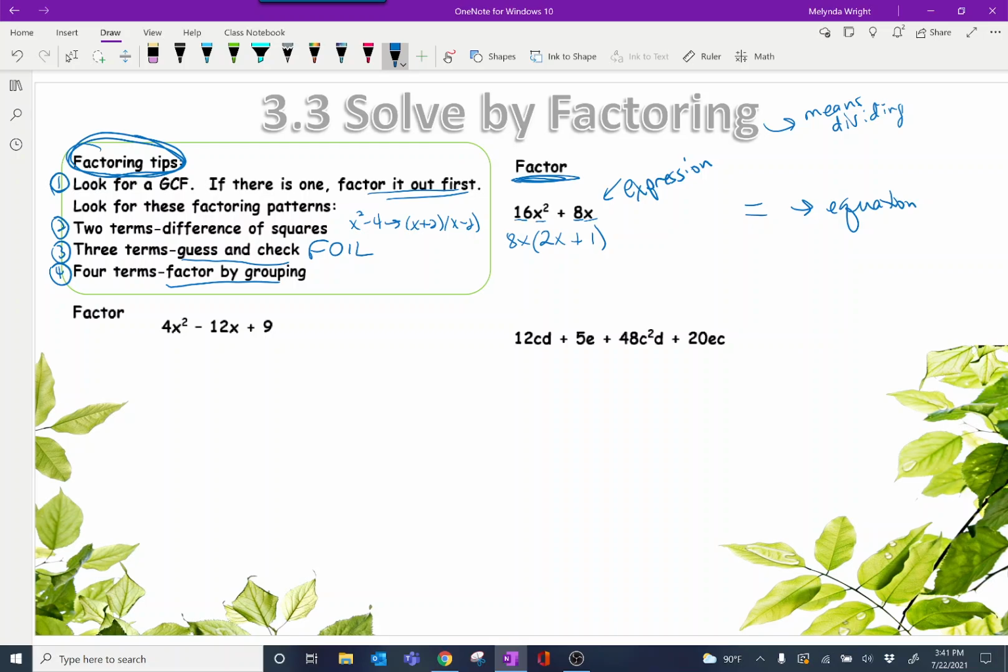Okay. So let's look at a three-termed one. We're going to do this guess and check FOIL thing. Okay, we got three terms, and there's no GCF, so we can't do the look for GCF thing. There isn't any. All right, so if you recall,